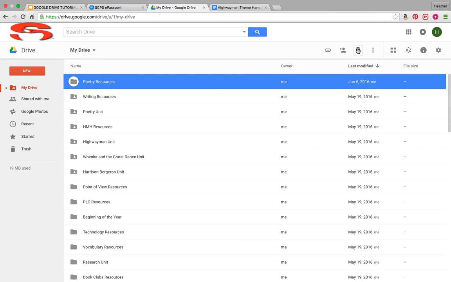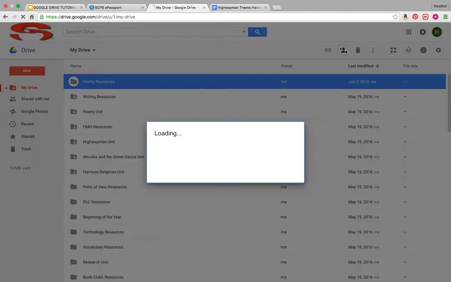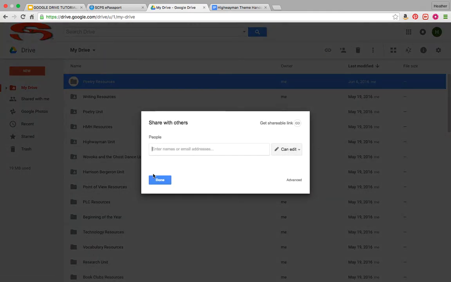Here's another trash can. So you have your trash here, and you also have your trash here. If you want to share, now this is something we need to talk about. If you want to share a document or a folder, just click it, and there's a bunch of different ways to do this, by the way. I'll show you both ways. You are going to click share, and then a little box comes up that says share with others. Now, there's two ways you can do this. You can either enter the person's email address, okay,